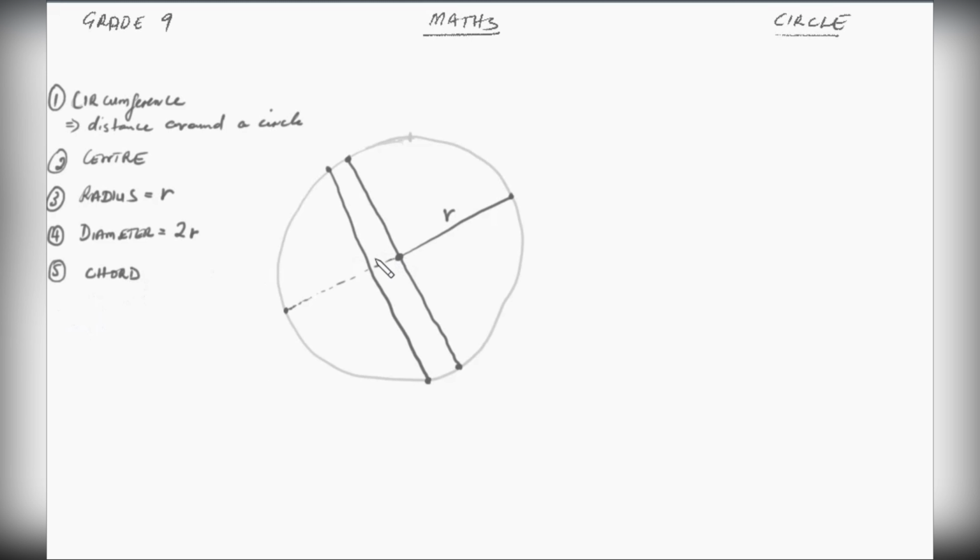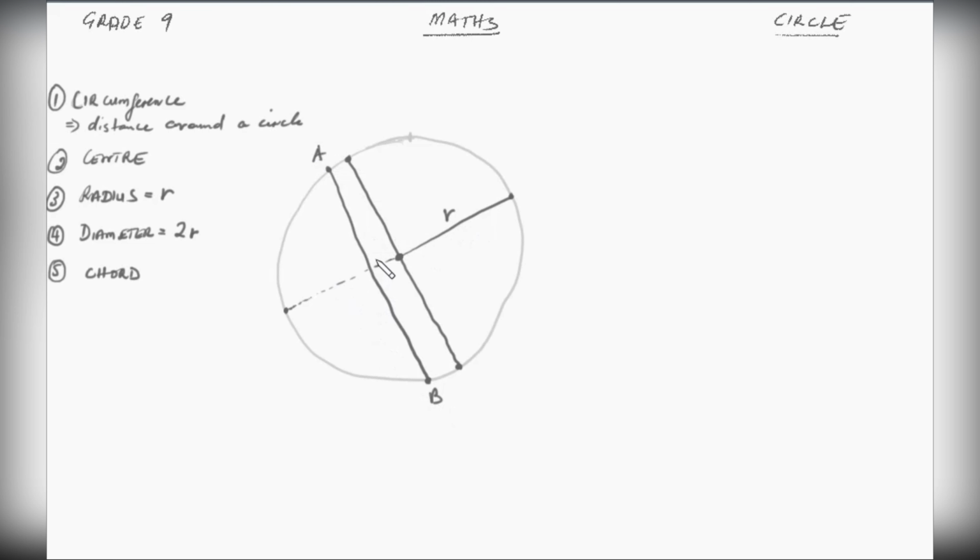The chord is a straight line like a diameter, except that the chord does not go through the center of a circle. So if we draw this and say AB is a chord,